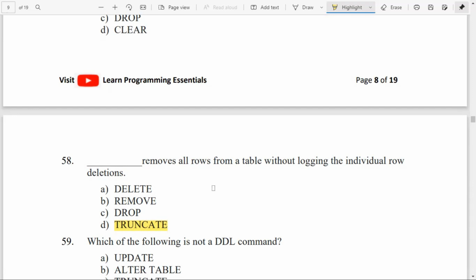If the criteria is not given, for example, you are having a table called employee and you say delete from EMP, then the entire rows will be deleted. If you are using a condition, delete will not work, but with truncate you can delete all the rows at a time. But the structure will not be deleted.